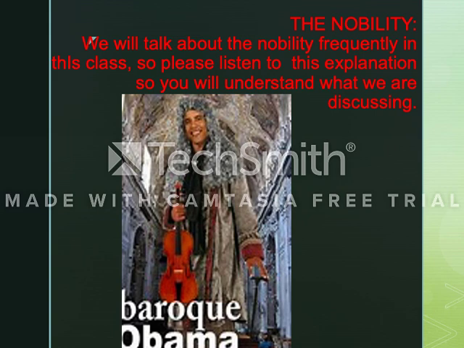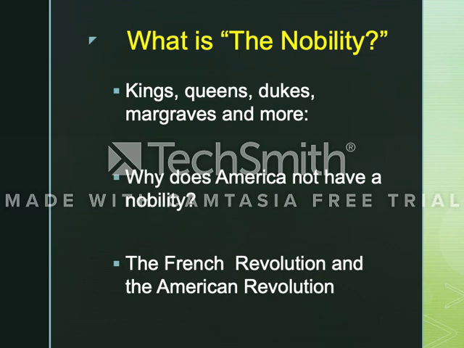We will talk about the nobility or royalty quite a bit in this class. This is a brief description of what these terms mean. America does not have a nobility because the country was formed around the time of the French Revolution and during